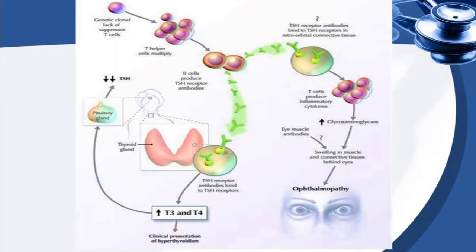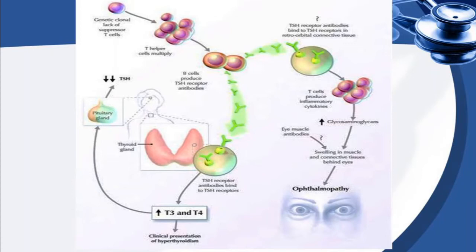So this is the system where you can see that the genetic clone lacks suppressor T cells, and the T helper cells will multiply, and B cells produce TSH receptor antibodies. So the TSH receptor antibodies bind to TSH receptors, and as a result, there is an increase in production of T3 and T4, which clinically presents as hyperthyroidism. And this activates the pituitary gland, which produces